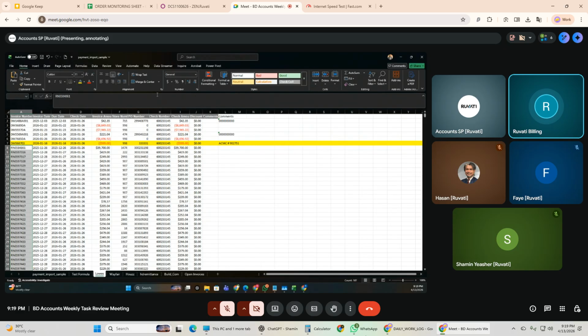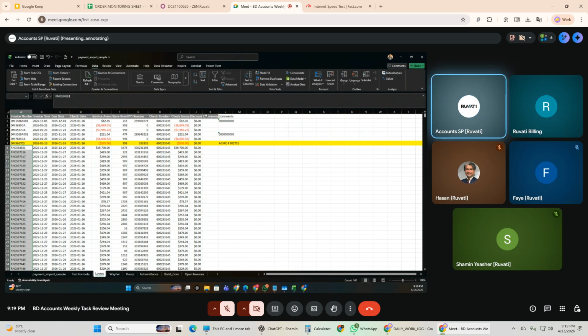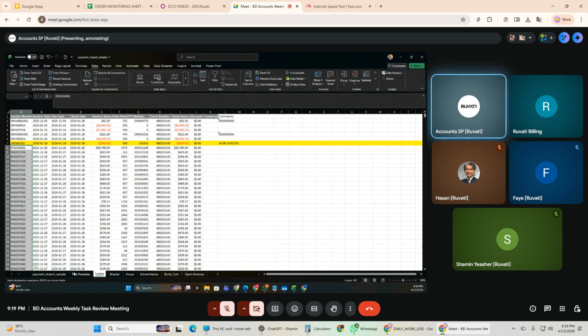Yeah, we should just do the whole formula thing. Oh, we don't need to do text to column just yet. Let's go to open invoice tab,